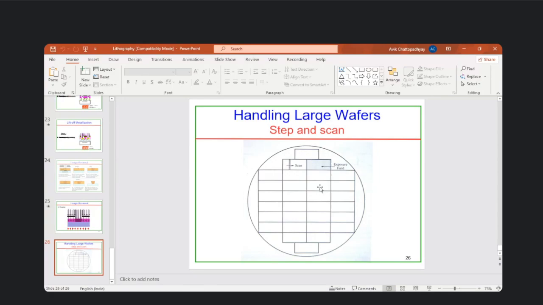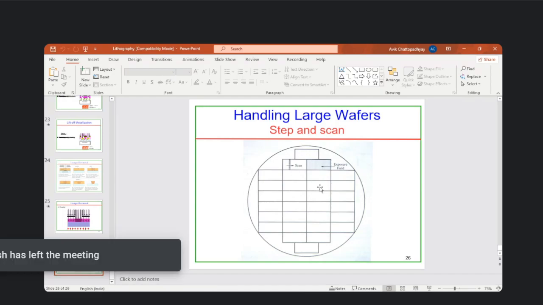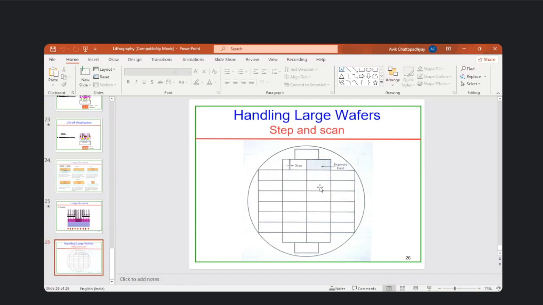Then what happens with time is that technology becomes mature. Suppose today you develop some system. For example, when this projection printer initially came, at that time it was very costly and very challenging to deal with. But now it is very common. People know everything about these things, it has become much more advanced. Okay, fine. There were more challenges in projection printing before, now surely not, but the issues are there. The points I am mentioning still exist in real time, but their probability of occurrence has become much lower,